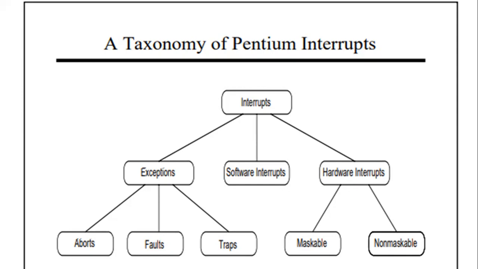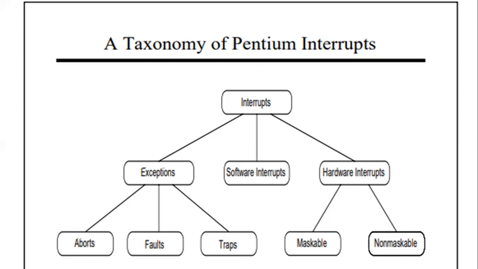Trap, as an English word, means a net. Simply, what is the meaning of the trap? Trap means a program or a process going into a halting situation. How can you give an example of the trap? The example of the trap is division by zero. If you are dividing something by zero, your program will go into a halting situation, an indefinite loop. So this is called a trap.